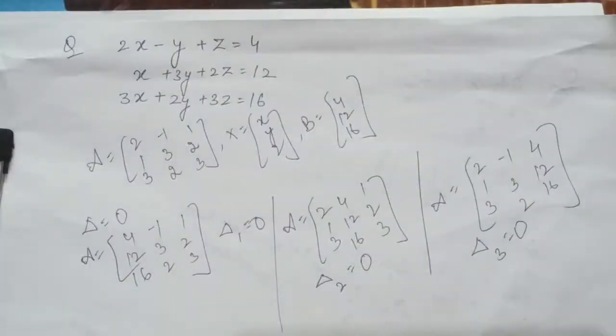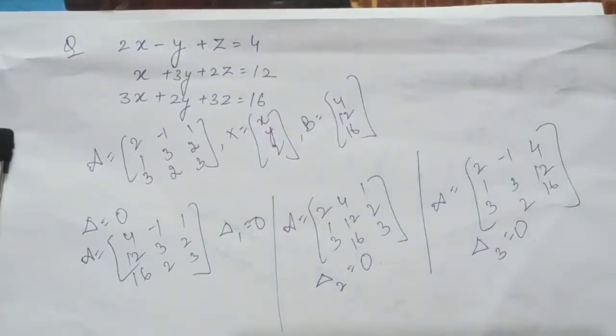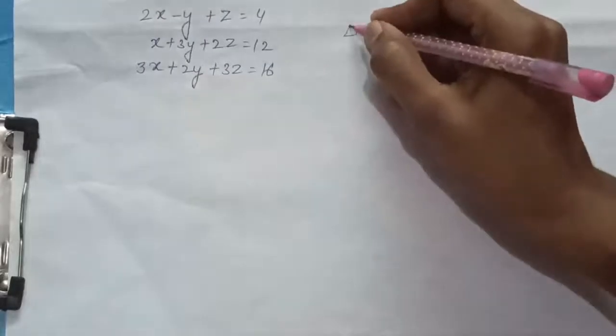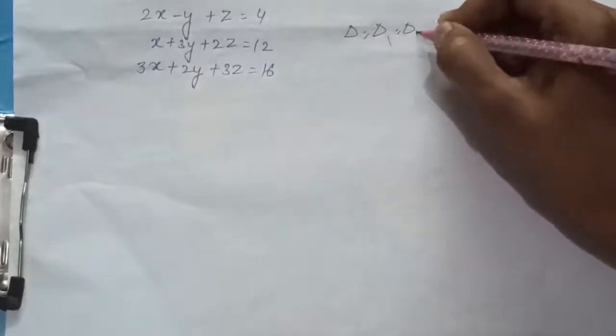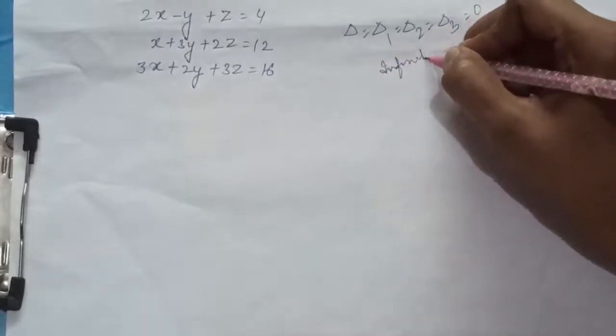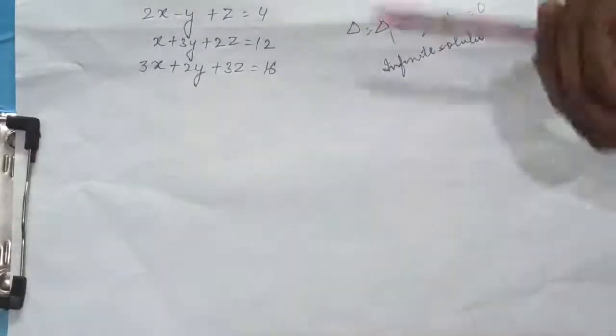Now what will we do? We will write these original equations again, and we will solve these equations to find the infinite solutions. So now I have written those three equations again. Now what will I do? First of all, I will write that all the deltas were 0. That is why I am trying to find those infinite solutions. For that I have written these three equations. So what will I do? I will have to solve the equations. Any two equations I can start with.